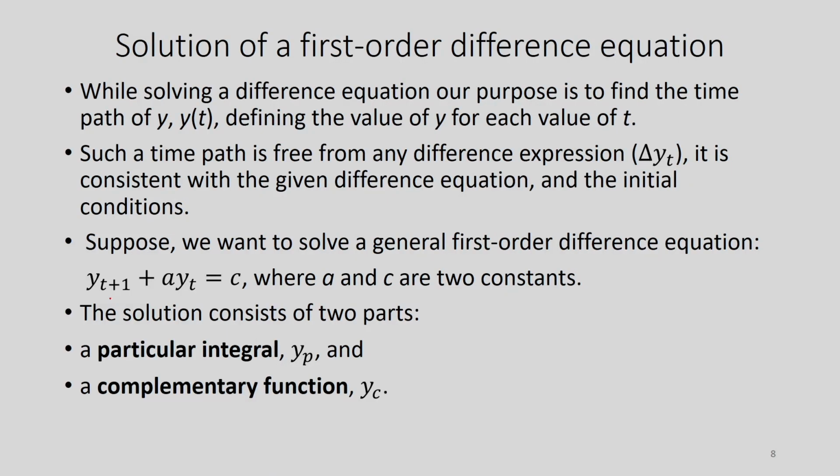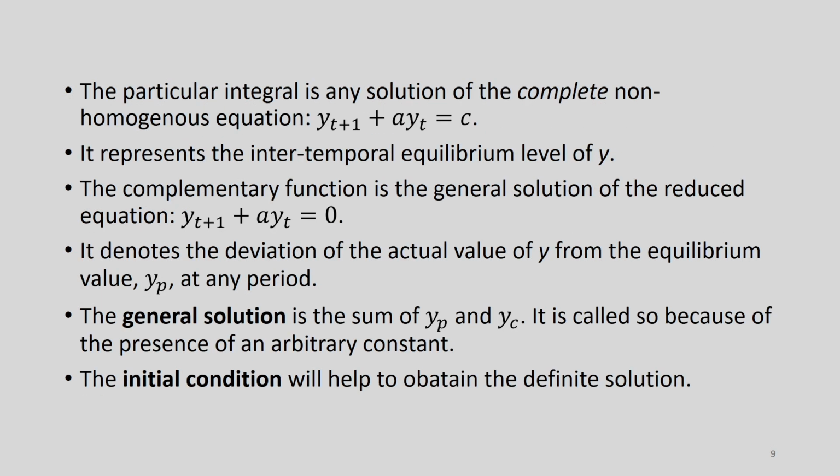So, you can see on your screen the title slide. We have talked about the general form of a linear difference equation. So, this is the form y t plus 1 plus a y t is equal to c, where a and c are two known constants. We have seen that there are two parts in the solution. One is the particular integral y p and the other is the complementary function y c. The complete solution is the summation of these two,